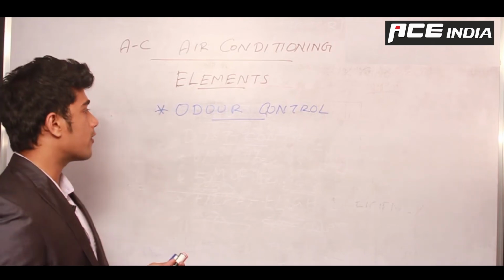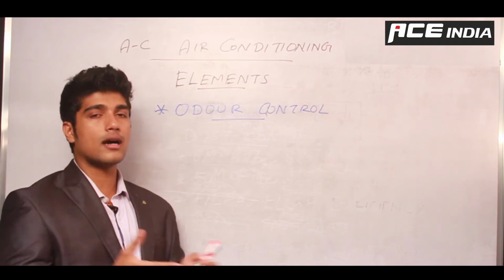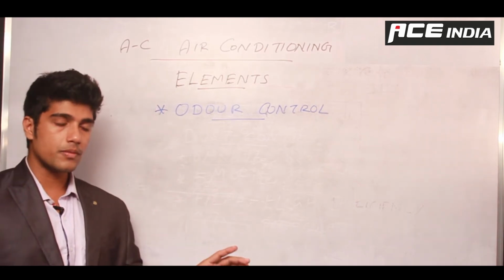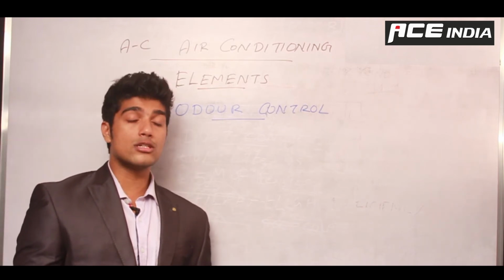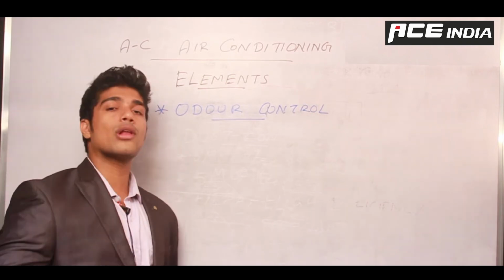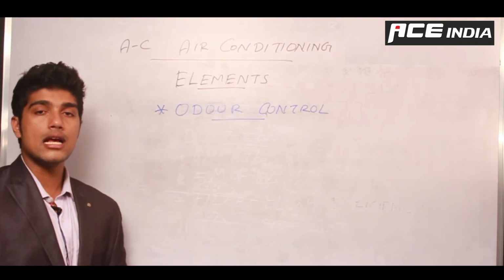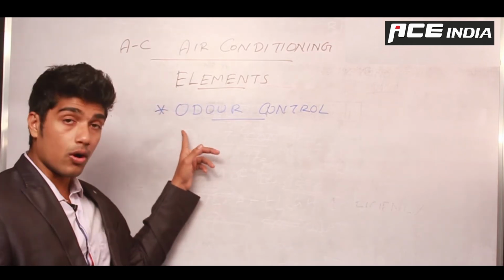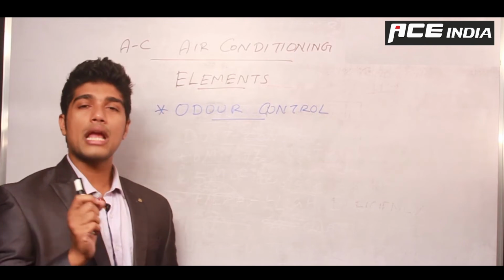Smells are actually different for us. Some smells are good for some persons, some are bad for some persons. Anyways, if I sit in a room for a continuous period of like 1 or 2 or 3 hours, you will eventually produce a lot of body odor, and that body odor will be continuously circulating throughout your room, which makes it very uncomfortable to be sitting in. Because of it, you need some kind of a mechanism to reduce this odor, which may be body odor or some other kind of odor.